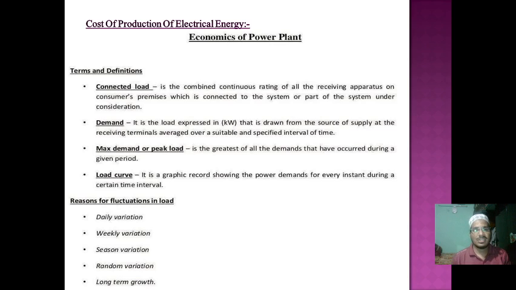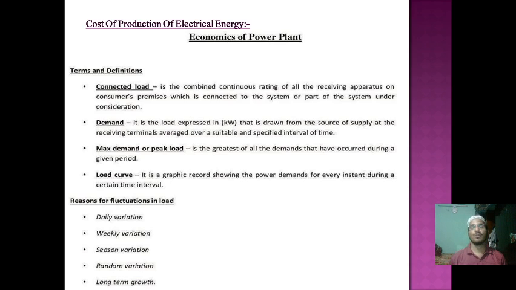Nowadays we can see the seasonal variation, because we don't know when the climate will change. But as per the average condition, our scientists and geological backgrounds tell us the climate will change or vary over time, and they are giving us notice also. So during that period we have to produce more power energy.